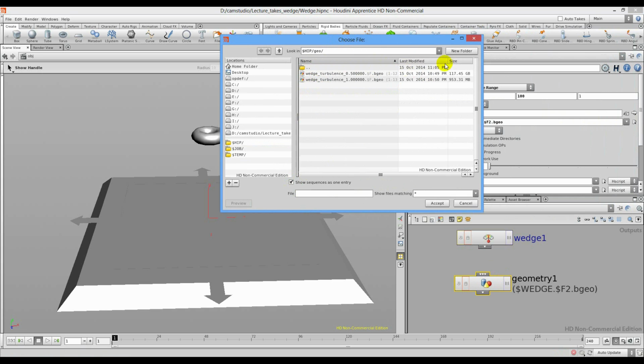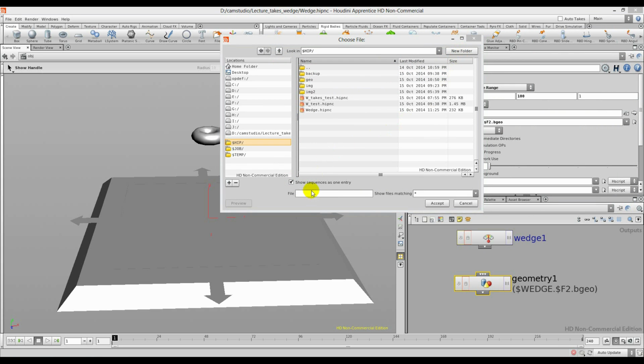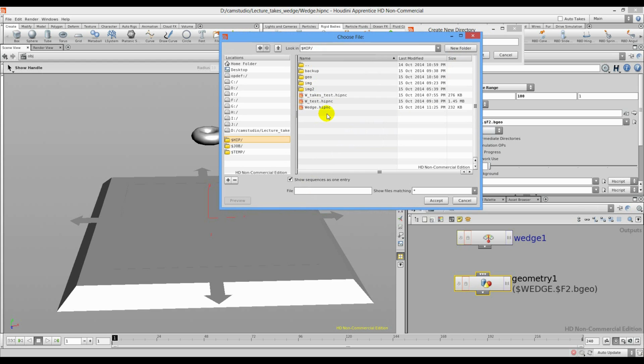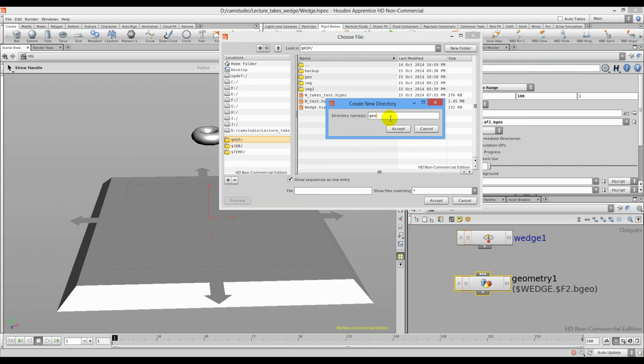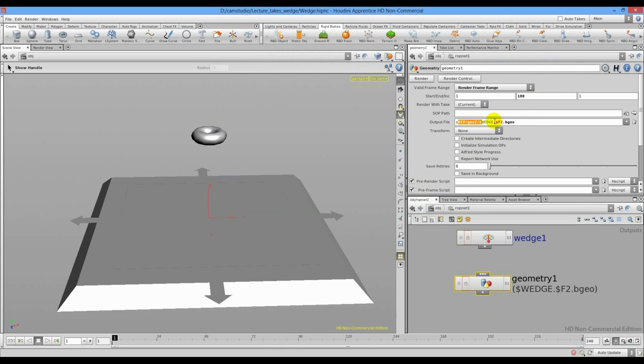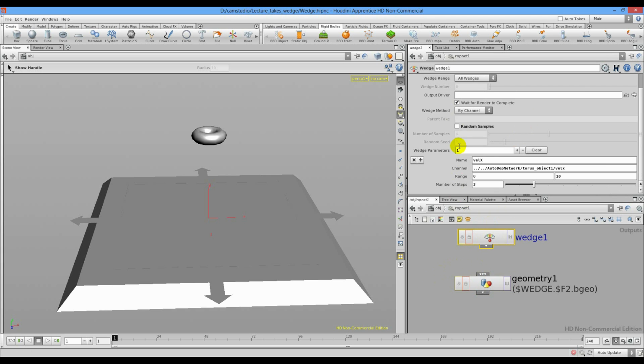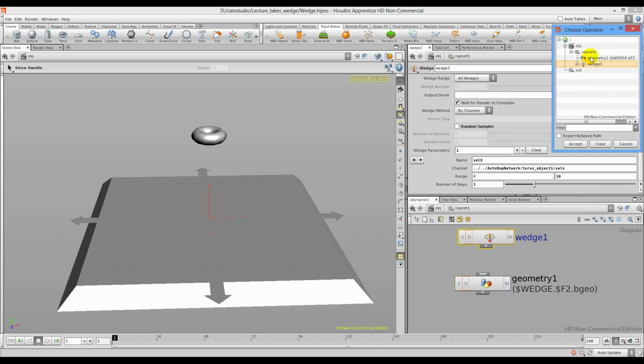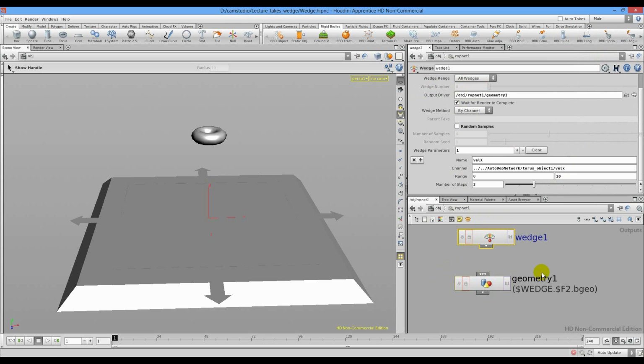Geometry, I have some geometry here, so I just have to mix it. I will, oh, here it is. Geo2. Okay, and here I paste my file name, accept. So now the file name goes like this. Alright, so now I'm going back to the Wedge tool, and I need to select my output driver, which is Geometry 1. Well, you should always name everything, so geo output, and this changed automatically here. Alright, so now I hit the render button here on top,